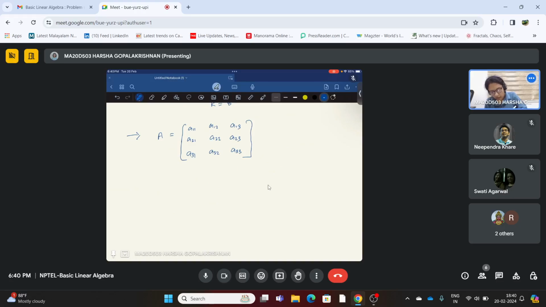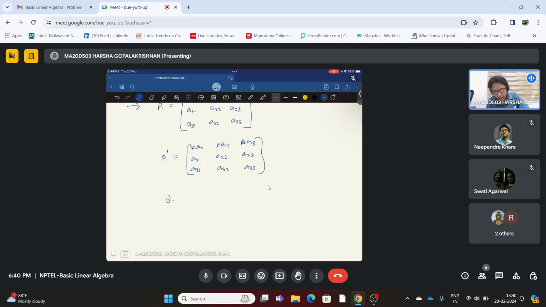Now, suppose our A dash is multiplying the first row with K: K A11, K A12, K A13. So, all the remaining are same. Now, while finding the determinant, by definition, what are we actually doing? We will start with the first element Ka11 and find the determinant of this portion. So Ka11 into